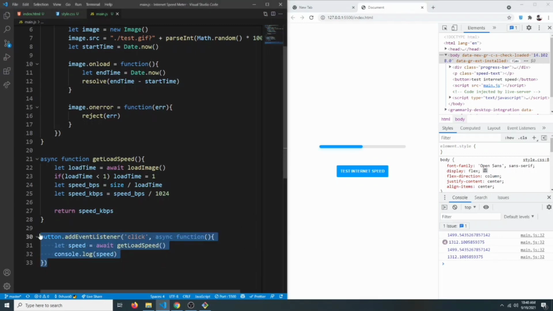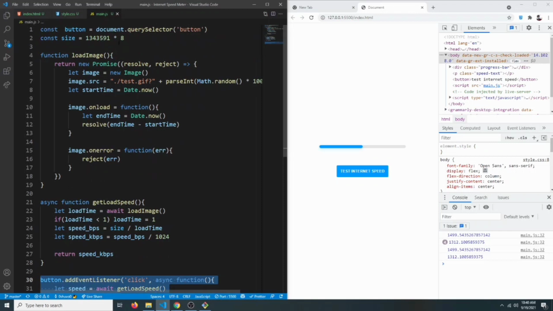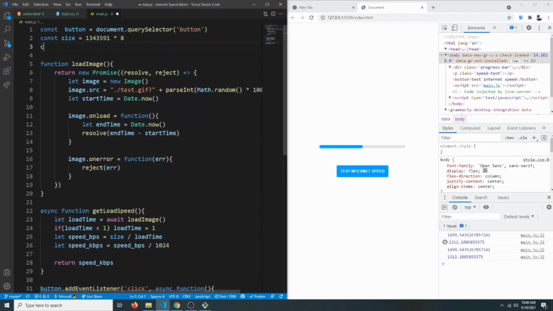The more we run the test, the more accurate our result will be. So let's create a variable called something like const testCount, the number of times we want to run the test. So let's say we want to run the test 100 times. So we can say